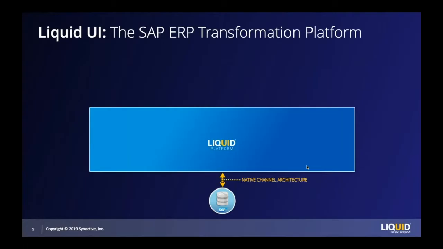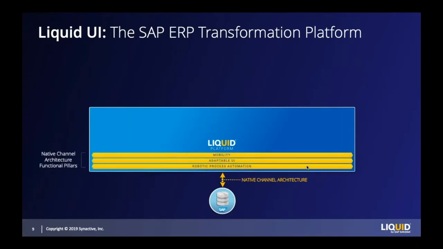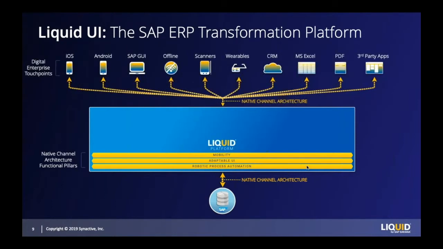As I just mentioned, the Liquid UI platform is built on the native channel architecture of the SAP GUI. And at its core, it embodies three functional pillars: mobility, an adaptable UI, and robotic process automation. These three functional pillars work synergistically to manifest a consumer-grade user experience to an array of different digital enterprise